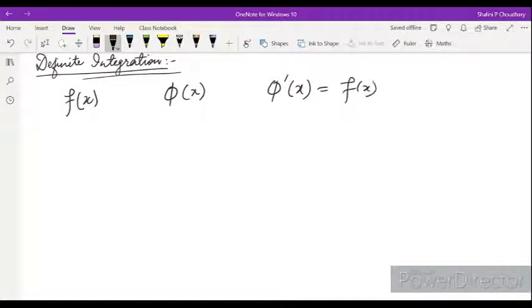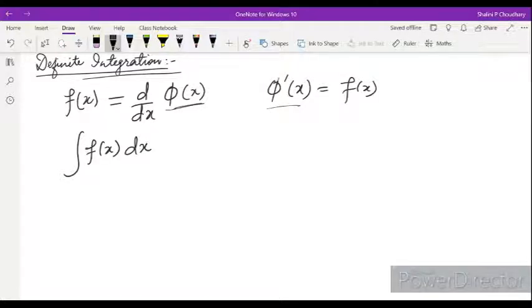It means what? Phi dash x is the derivative of phi x with respect to x, right? And if phi dash is equal to f(x), it means f(x) will be equal to the derivative of phi x with respect to x. It means we have to find out the phi x. For finding out phi x, we have to find out the integral of f(x) with respect to x, right? So definite integration is for a continuous function. So for that